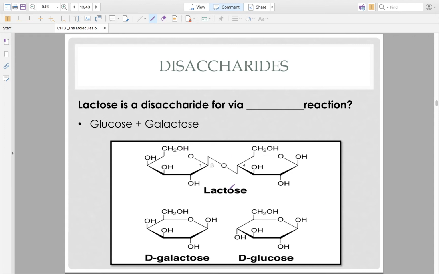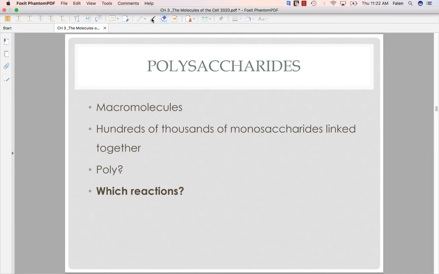Okay, so this is lactose. It's glucose plus a sugar called galactose. And in people that are lactose intolerant, they lack the enzyme that can cut through this. And they become lactose intolerant, so that if they drink milk or eat something that is dairy, they get upset stomach and things like that because they cannot break this down into 2 monosaccharides. All right. Okay, our next topic is